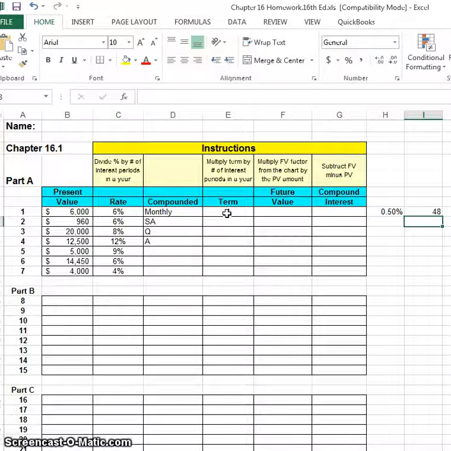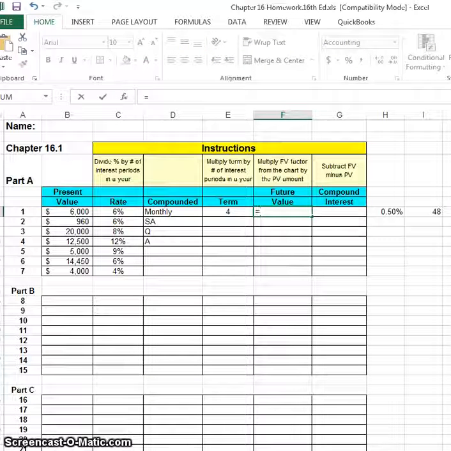So you're going to be looking at the future value chart, and right now I'd like you to take a look at the future value charts on page 326, and take a look at the 0.50% column and run your finger all the way down that column until you come to line 48. And you're going to see a factor there, or a number, and you can insert that directly into the future value cell here. First enter in an equal sign and then type the number just as you see it on the chart. So it's